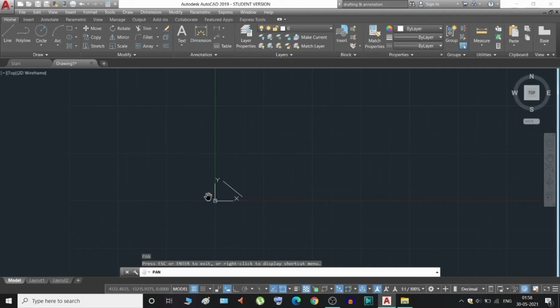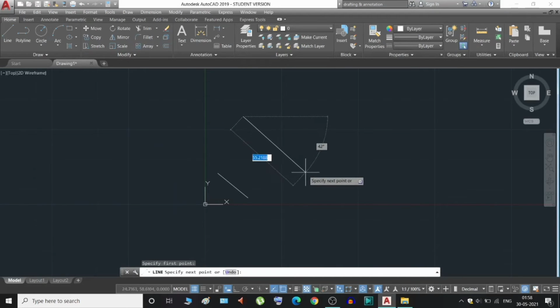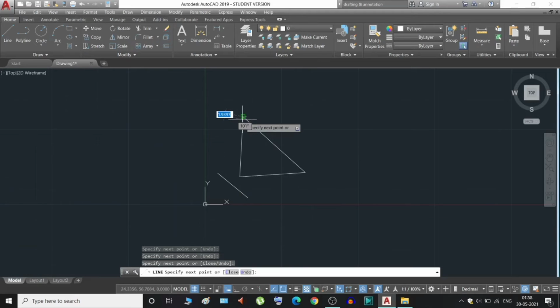So next, what we are going to do is the select and delete command. To do that, you just have to draw a line. I am showing this for an example.